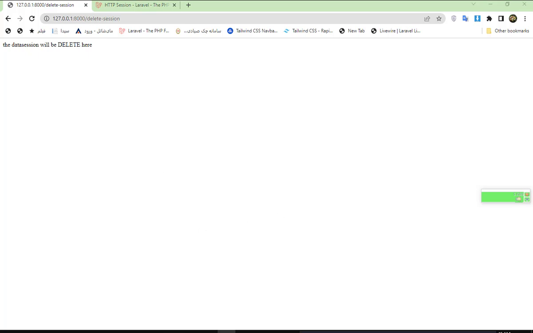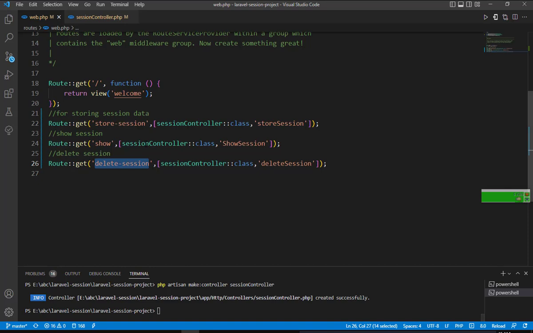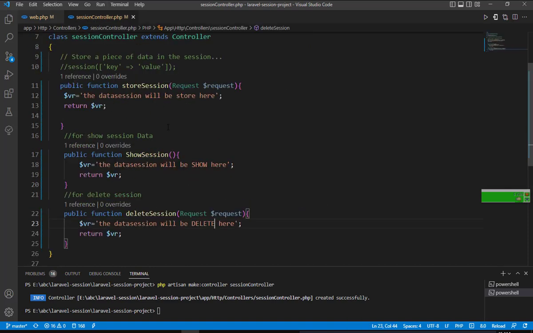My friend, as you know, for gathering some data about the session, we will use the session helper, this helper here. We will store the data we need from the request. So I will use this here. I go here, copy this from here for saving time, Control C, and go back to this function, store the session. I remove this,